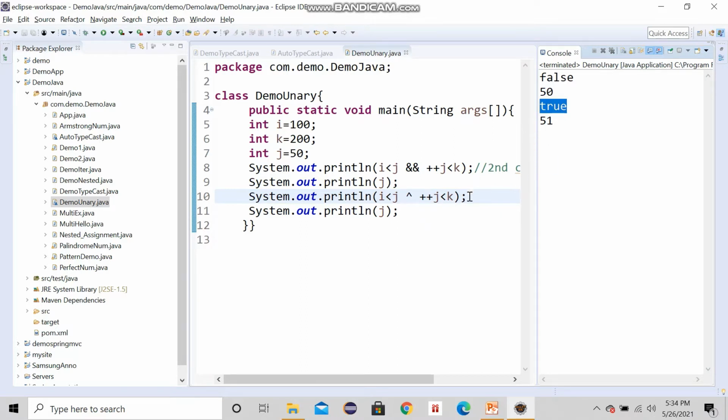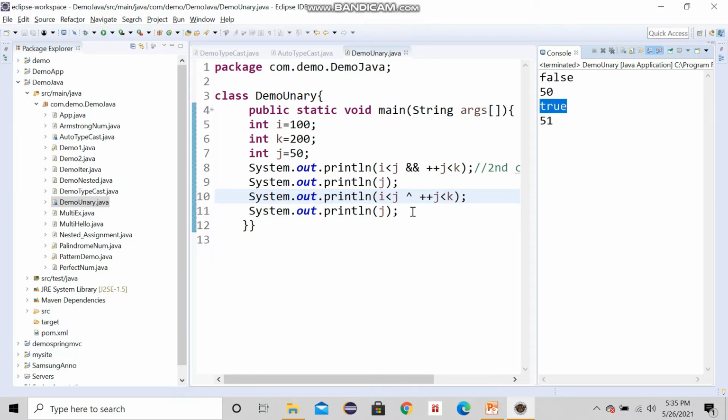What is the difference between exclusive OR and OR is that for OR, any one should be true or both should be true. Like any condition, if this is true and this is false, then it will be true. If this is false and this is false, then it is false. So it is like 0 1 1 1, something like that. So false, true, true, true, if any one of it is true. It is similar to a truth table. In digital electronics we use truth tables, that is logical AND and logical OR.